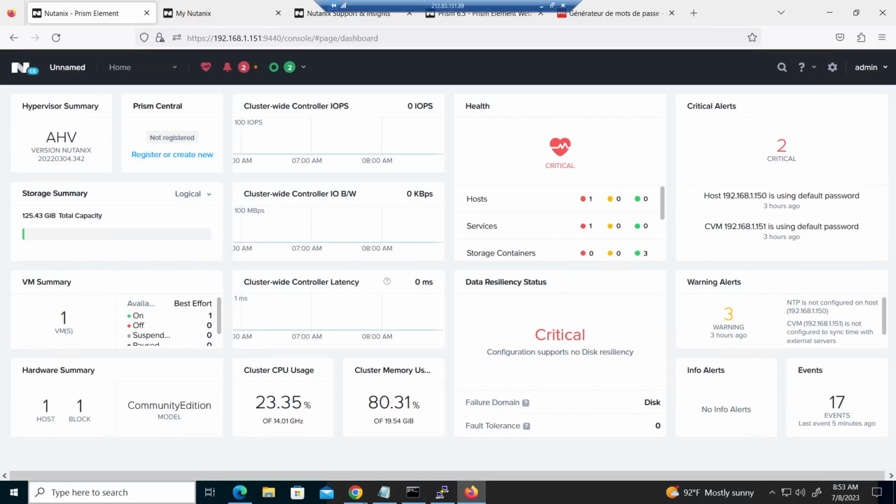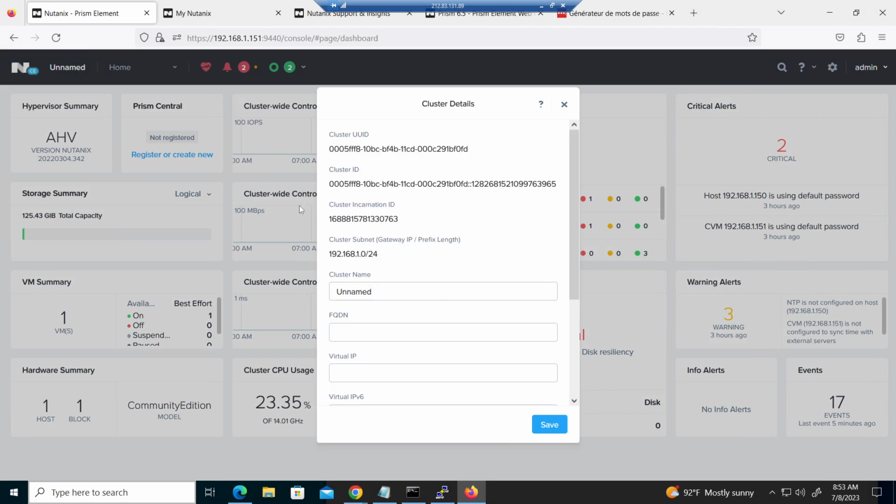Okay, so let's now change my cluster name. So I'm going to go here. I have my cluster ID, UID, the incarnation ID, and here I have my subnet. Let's say that it will be like cluster one, and the FQDN will be like